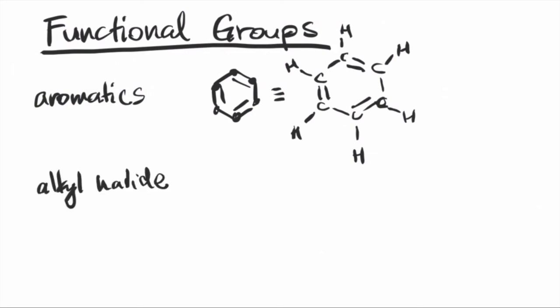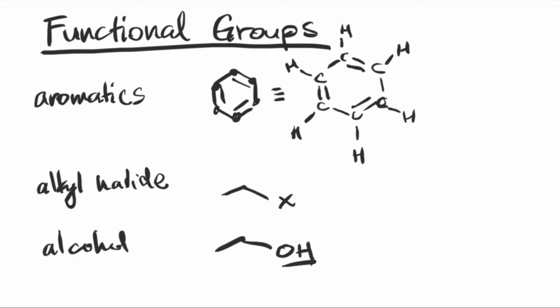And now we can start adding more heteroatoms into our functional groups here. If a carbon-containing compound is attached with any of the halogens, we can call them alkyl halide or haloalkanes. And we can abbreviate the halogens with an X. So that could be a chloride, a fluoride, a bromide, or an iodide. Now, instead of a halogen at the end, if it's connected to an OH, which is known as a hydroxyl, then this becomes the alcohol functional group. Now, if we replace that oxygen with a sulfur, we then have a thiol functional group.